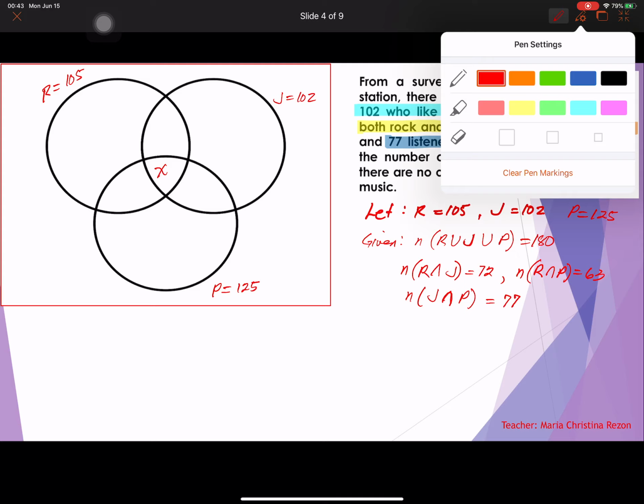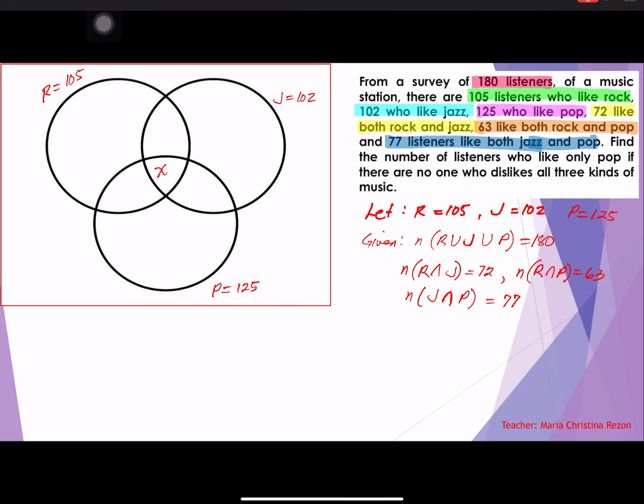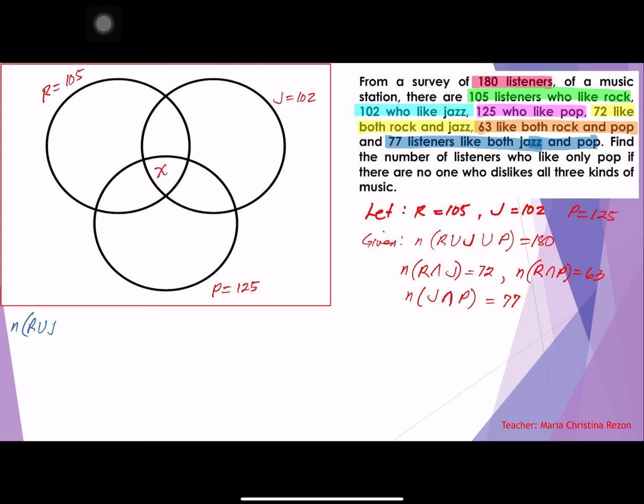So let's have N of R union J union P is equal to N of R plus N of J for your jazz plus N of your pop minus N of R intersection jazz, minus N of R intersection pop, and minus N of jazz intersection pop,